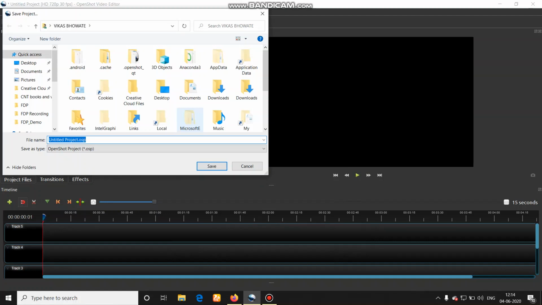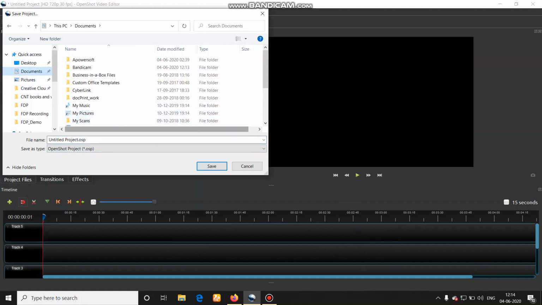It is asking where to save, so I am going to save this in Documents. See, the extension given over there is .osp. I will give the name as demo 1.